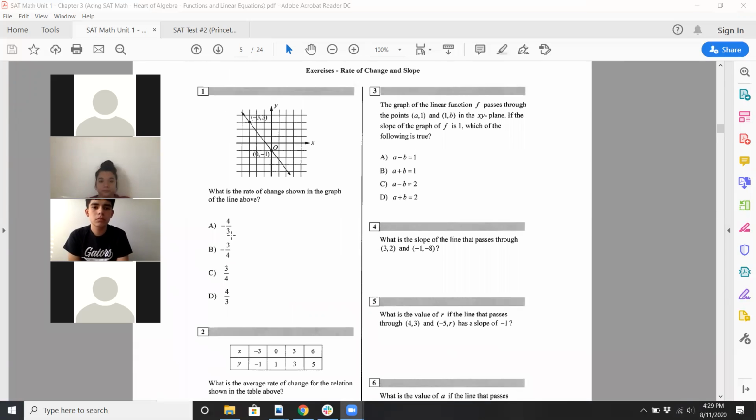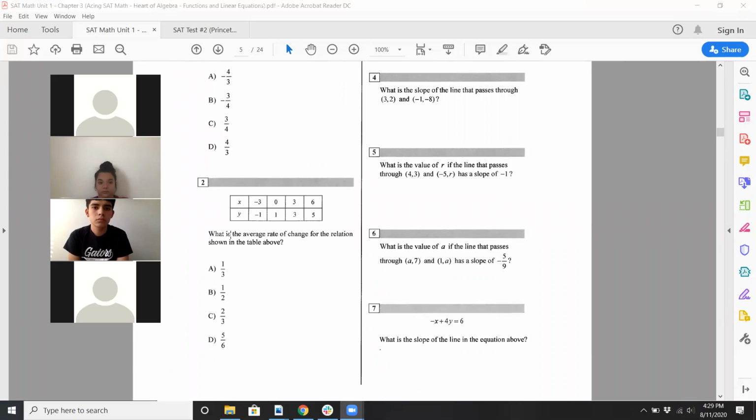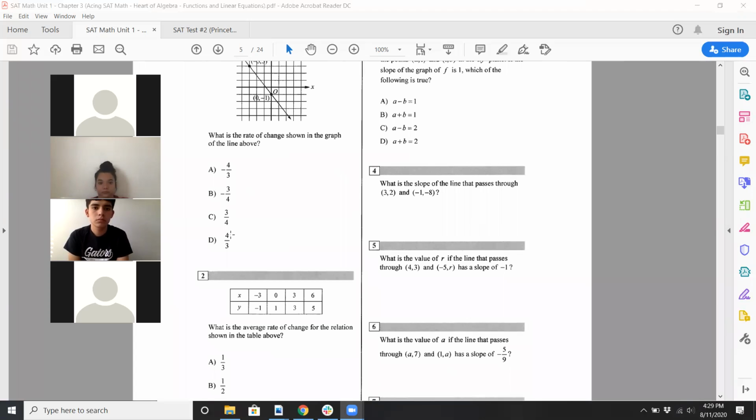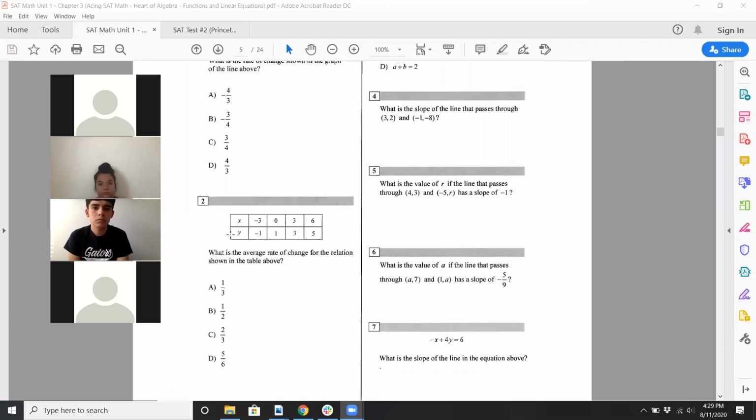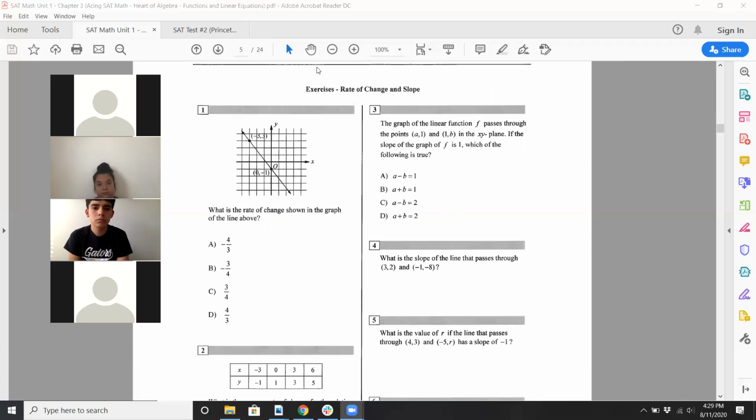I'll do 3 and 7. So you guys will do 1, 2, 4, 5, 6 in your breakout rooms. So for 3,